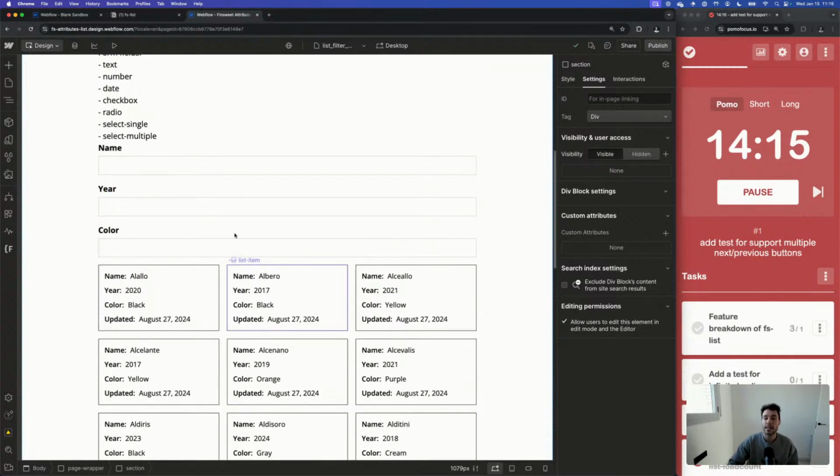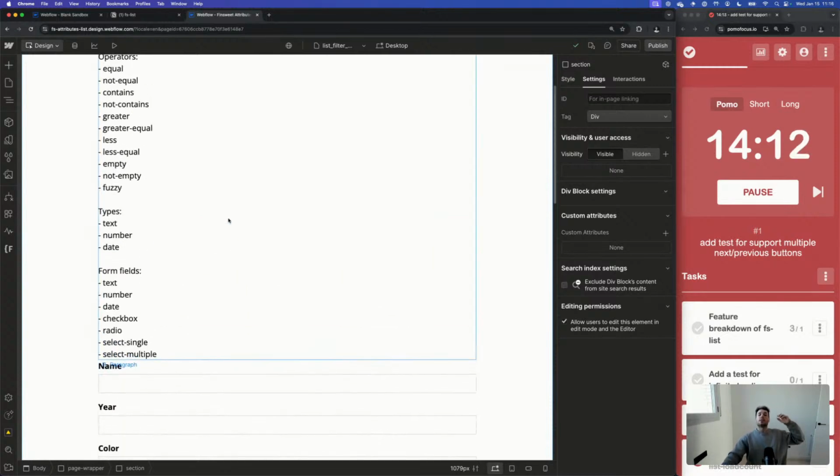So let's try to break this down. Okay, how do we do this in a rather simple way? Equal, not equal, contains, not contains, greater, equal, less. Because also ideally we would do combinations of all of these, not only a single per test.